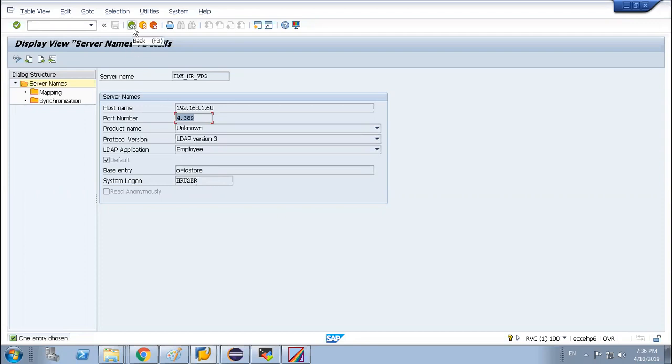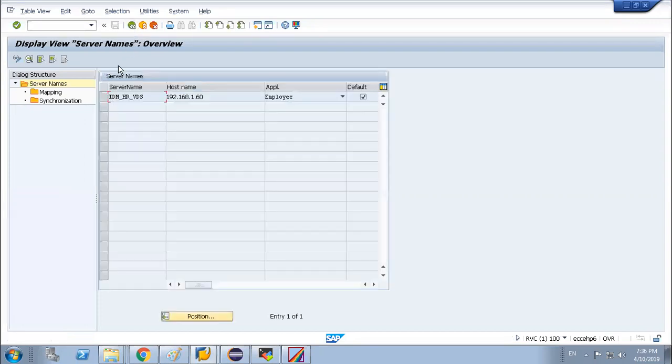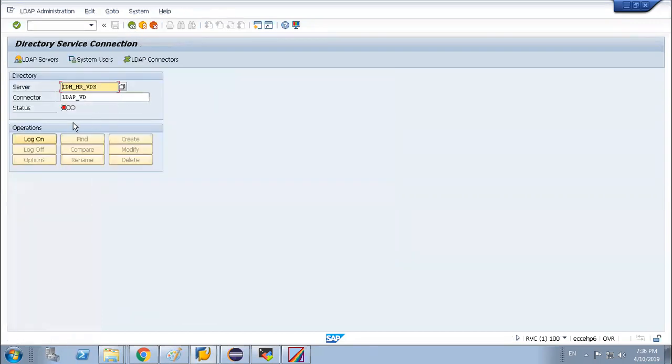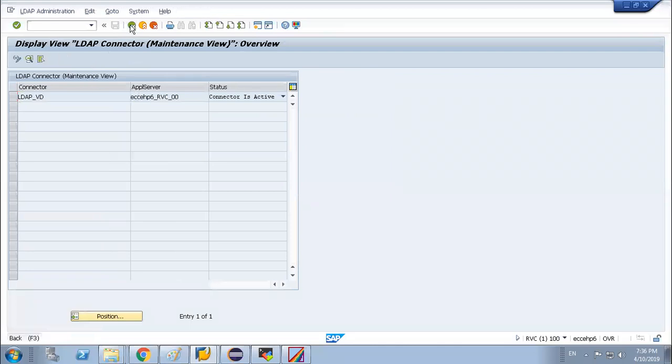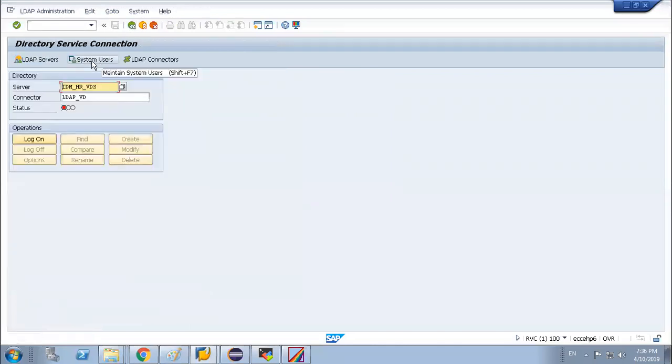Clear? Now once we update everything over here, we have created this TCP/IP, we have given the application servers and it is open. We have created the systems user, given the password and saved it.